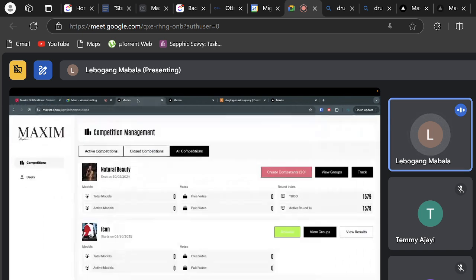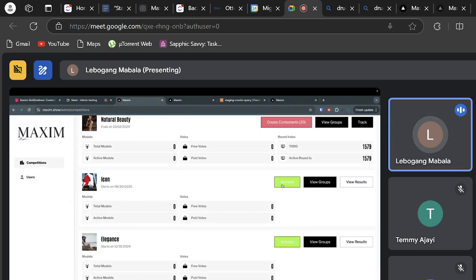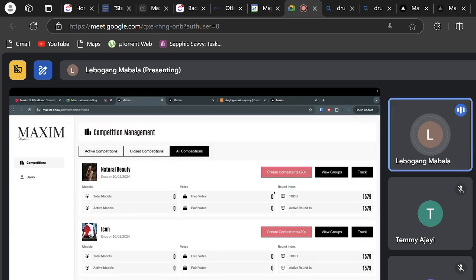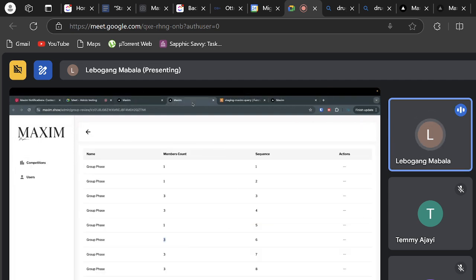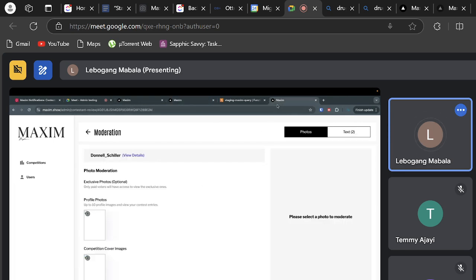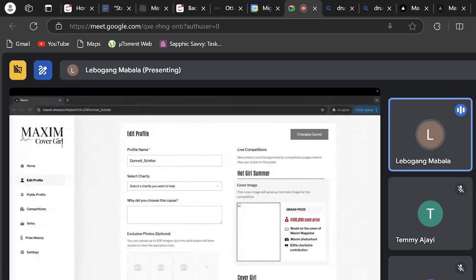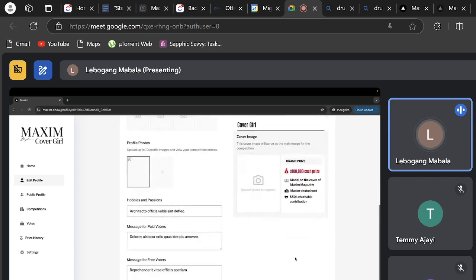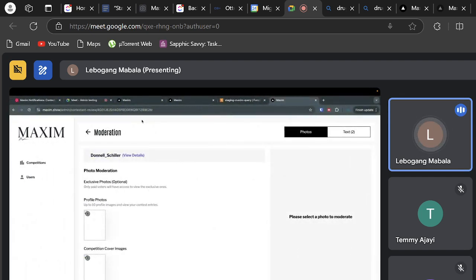Yeah, so now if I do the same thing, if I activate icon, right? If I activate icon and then see, it doesn't have contestants, right? I go here, where is it? Where was I? Oh, here. It doesn't show because of the bug I just mentioned earlier, right? But if I add